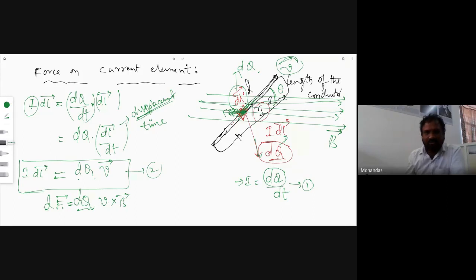Now, what will be the direction of that force here? The force direction will be upward. Force along upward. Look, all charged particles, and the total length is combining of what? Before that, let me explain one thing here. Now, from this equation number 2, listen carefully here, this dQ into